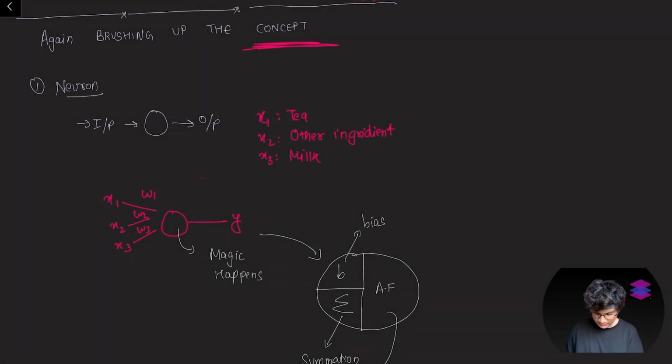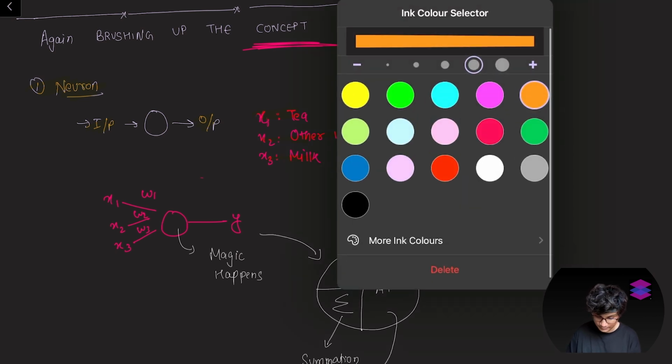Okay, so let's brush up again on the concepts that we have done before, so that it will give you a little more clear intuition about whatever we have done till now. We have taken a definition of neurons: what is basically a neuron, what is the input of the neuron, and what is the output of the neuron. We have taken the example of tea, the other ingredients, and some other input,